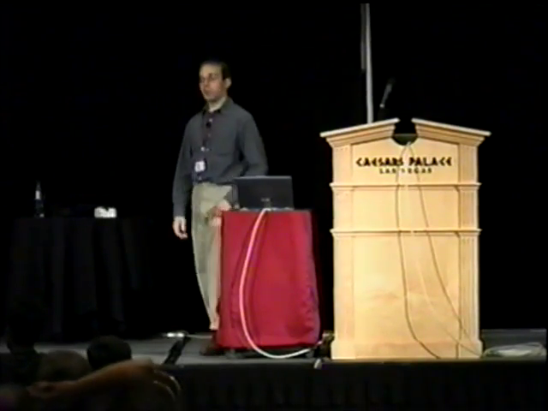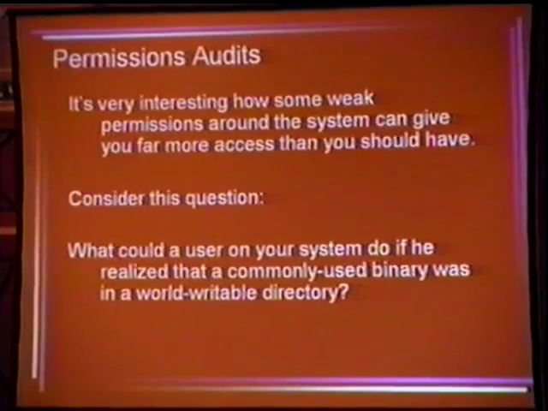On the permissions audit side, that last step, it's interesting what weak permissions can do. If you look at old Unix systems, like an old Solaris 2.5.1 or Solaris 2.4 system, they have all kinds of little weaknesses. You could find a directory that was world writable, or writable by some user other than root, some user that things on the system were running as.